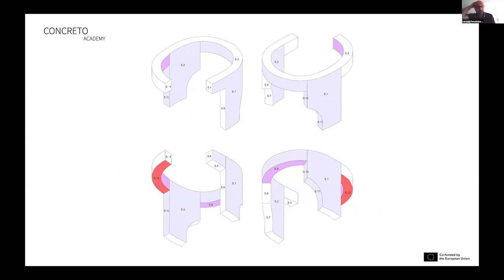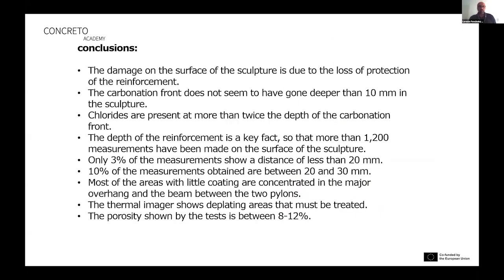You can see here in red also where the problems are. Not in all the places, but where they were on the formwork, they went down. Okay, so